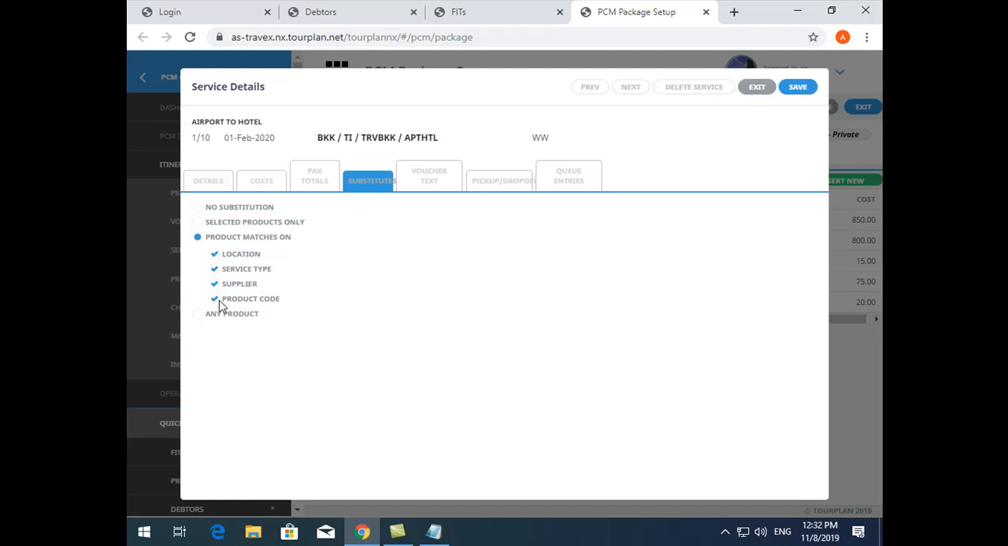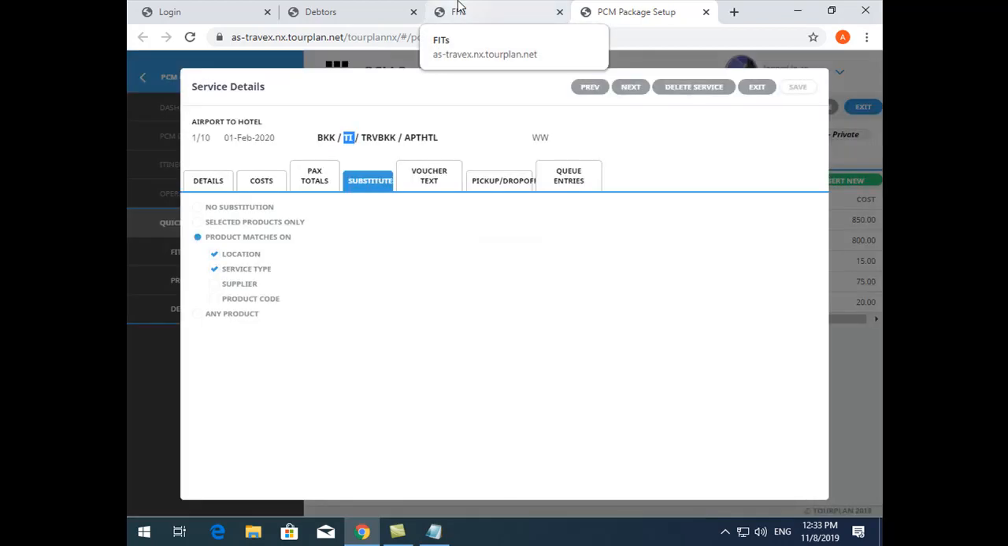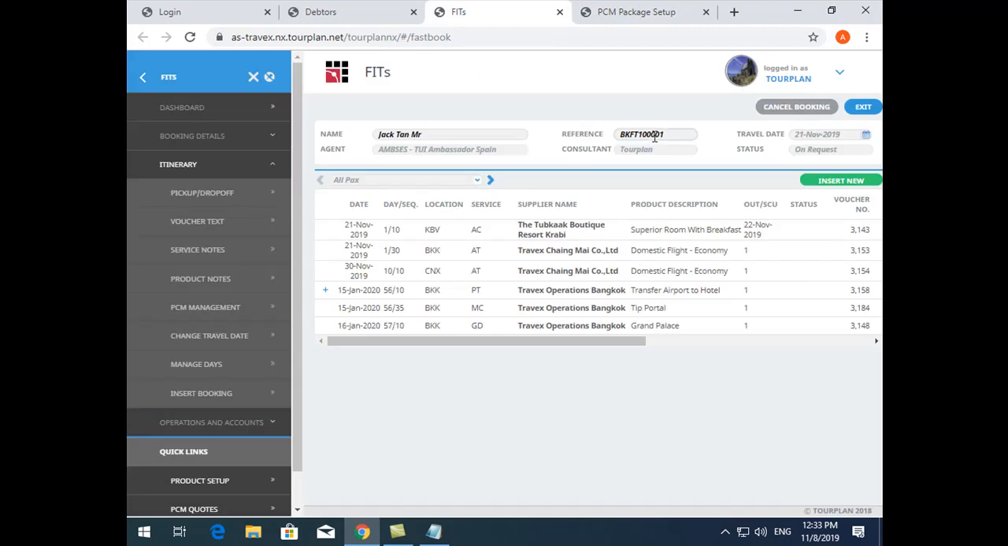Okay, so normally we will be choosing same location, same service type, so that the original service here can be substituted with any service that is same location, same service type. Okay, I show you. So in the booking here, if I'm trying to refresh this one,